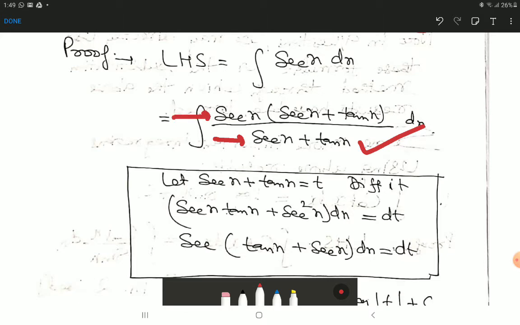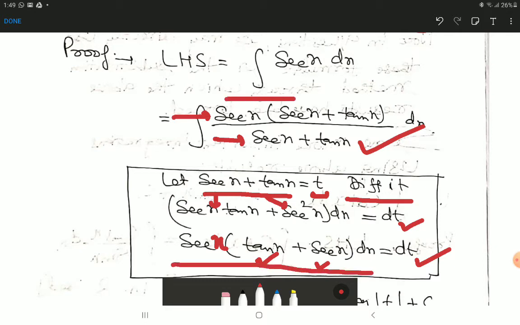Let's see. Assume sec x plus tan x to be t. Differentiate both sides. Derivative of sec x is sec x tan x into dx, that I have written outside. And derivative of tan x is sec square x dx. Is equal to derivative of t is dt. Now from left hand side you can take sec x common. What is left hand side? Tan x plus sec x, look carefully, whole into sec x dx is already there, is equal to dt. You may observe it carefully, calmly, all the calculations. So you see, this whole thing is dt, and it is written here also.